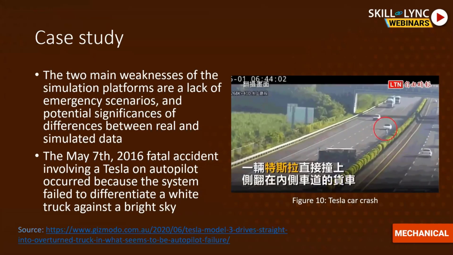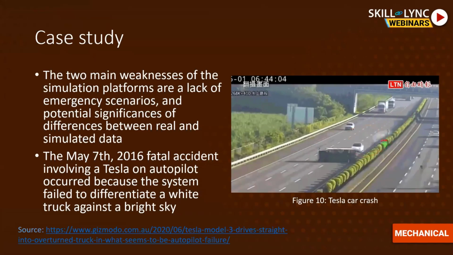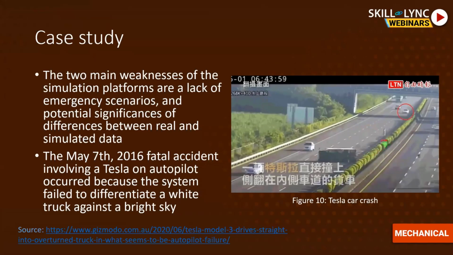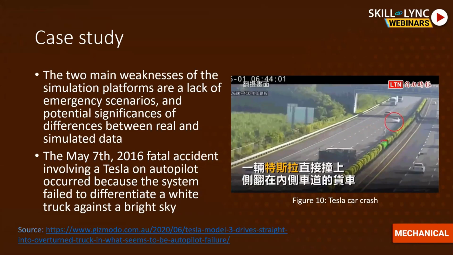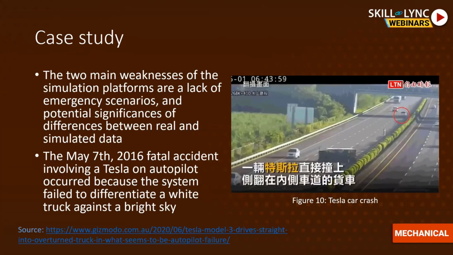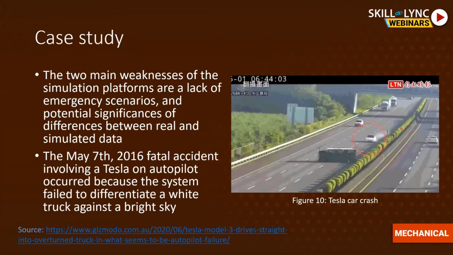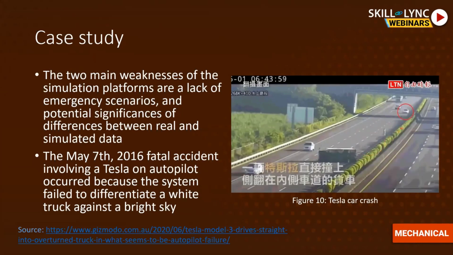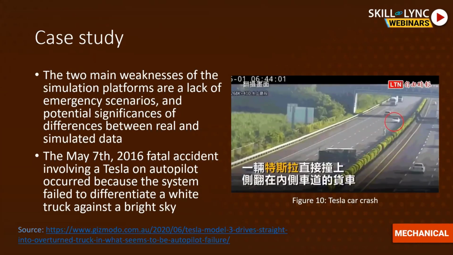Because in automated driving, you are more interested in the moving obstacles and the moving vehicles around you. And since it was lighter in color, it got camouflaged with the lighter colored sky. And since you could not get a very precise prediction as to what it could be, the car just went into the vehicle and crashed. It did not even apply the emergency brake.